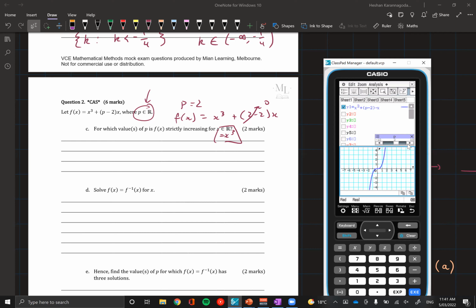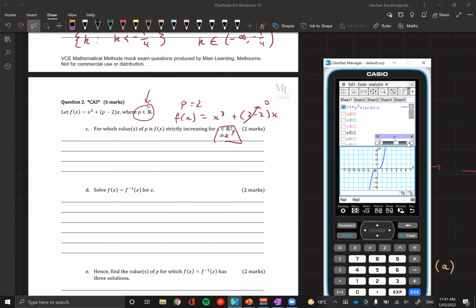So pretty much if you start going less than 2, you see that the graph starts going up and down and back up, right? If you get to 2, that's when exactly the graph is going to be flat. And if you go more than 2, then the graph doesn't go flat at 0. It actually starts going at more of an angle. It goes more vertical. Yeah, exactly. So it turns into more of a diagonal graph.